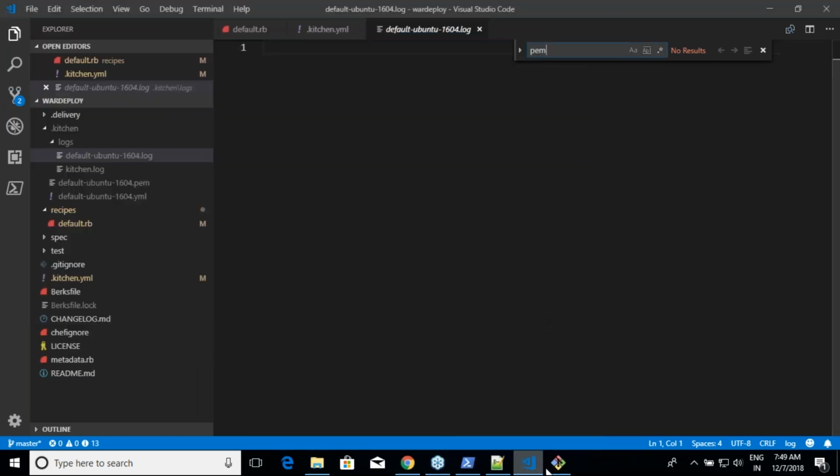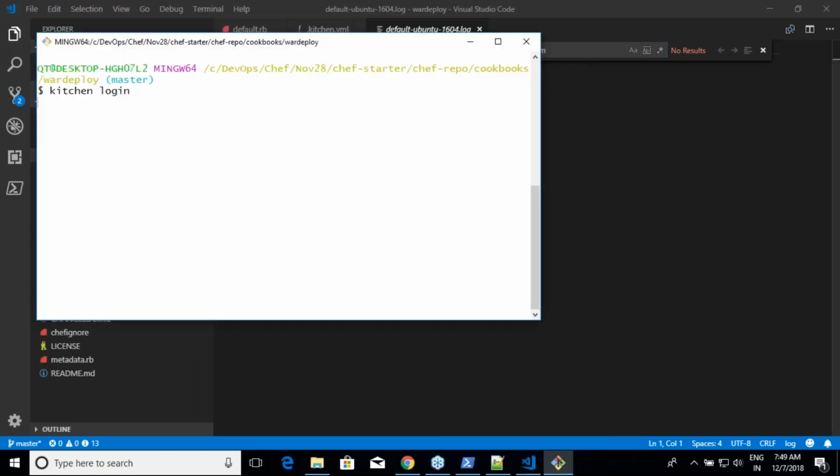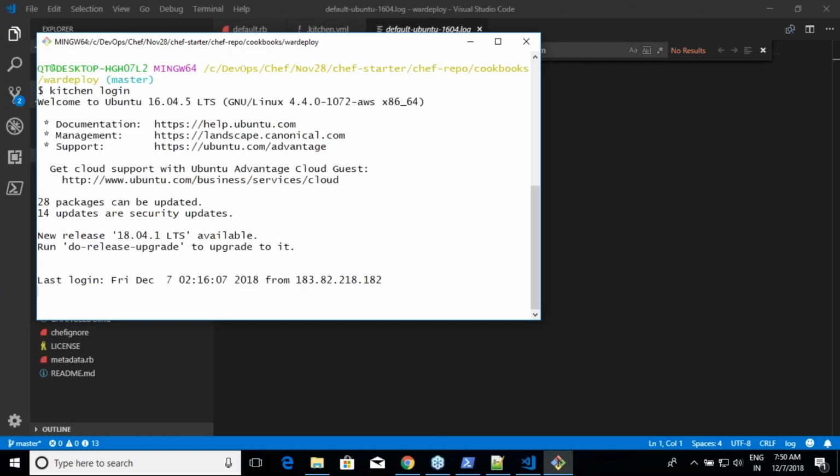Okay, once let me log in into that, I'll update those changes and then we'll get into the kitchen converge again, because now I have updated my cookbook and I'm converging again. Yeah, am I inside the machine? So there is no need for you to even know what is the key. You just need to know what is the username, because that is what you tell to kitchen. And whenever you do kitchen login, it will internally construct an SSH command for you and execute it for you.